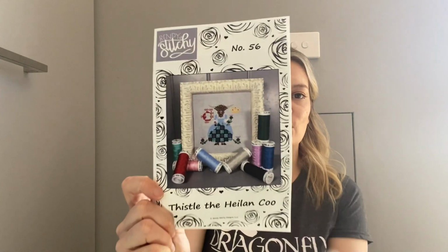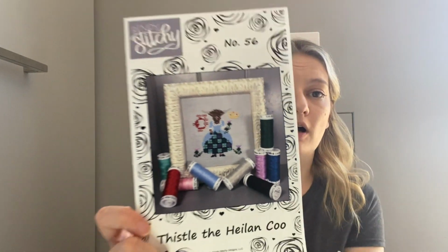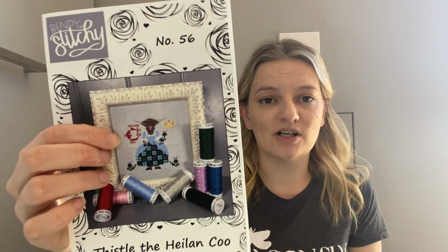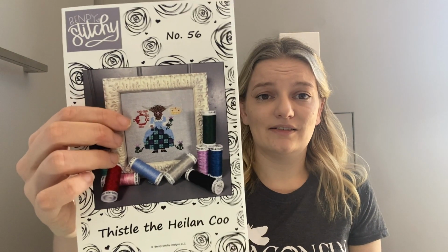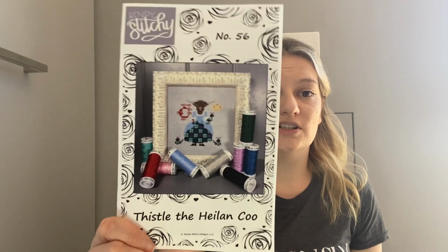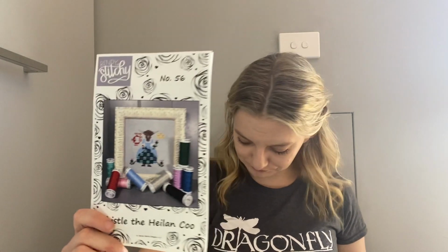Anyway, the next one I've got on my start list is another Bendy Stitchy, another one of Michelle's. Thistle the Highland Coo, and she is so cute. I probably won't do the little C. Like, no offense to Michelle, but I don't like the curly Scottish lettering. And I may move her crown to sit on her head because she's amazing and she should be wearing her crown. I'm going to be doing it on another mystery fabric I got from